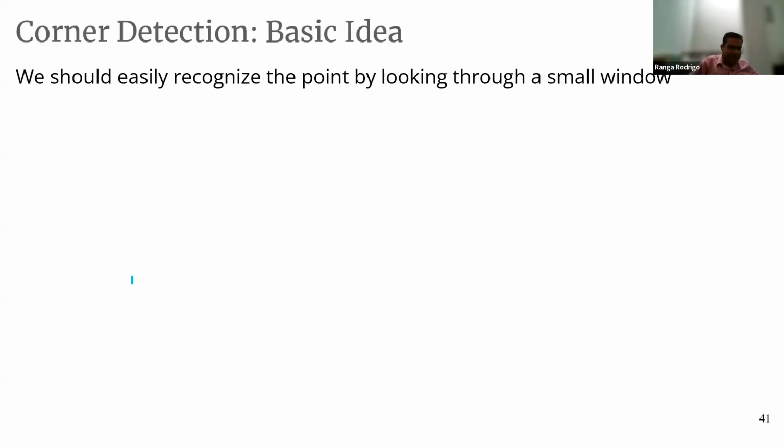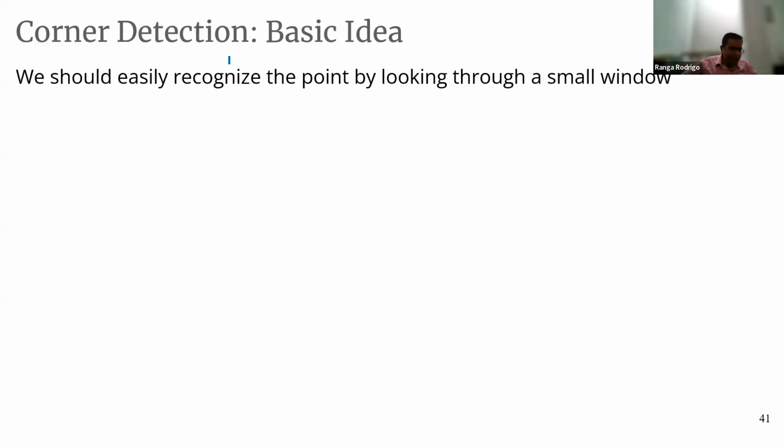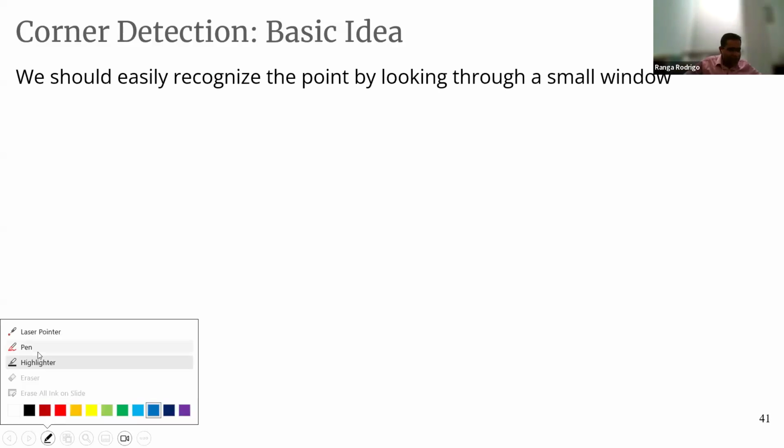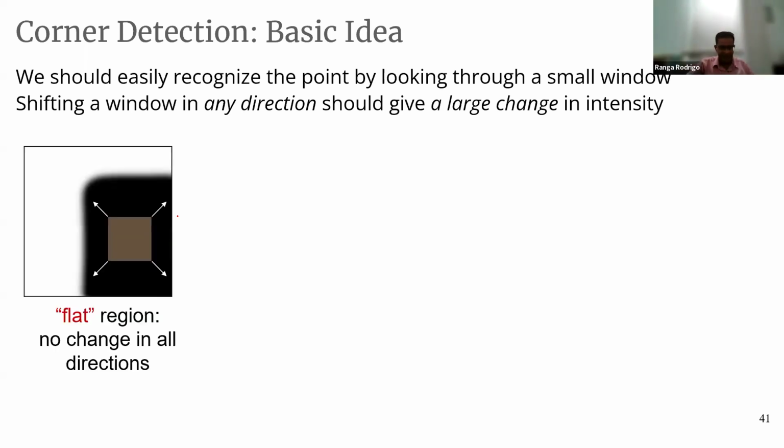So let's look at this corner detection idea. Why should we be able to easily recognize the point by looking through a small window? Although computers are very powerful, they have a very local view of these images. So shifting the window in any direction should give a large change in intensity. Now let's think about the flat region. Here the dark area is a corner, but the window is inside the dark part of the image. If you make a slight movement in any of these directions,